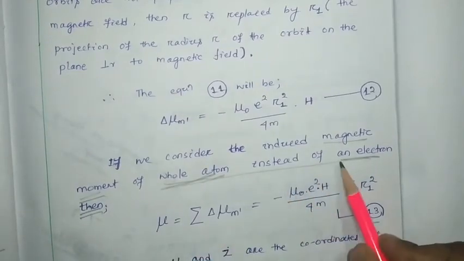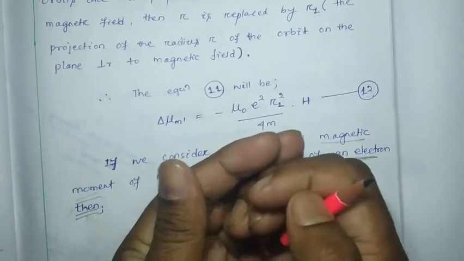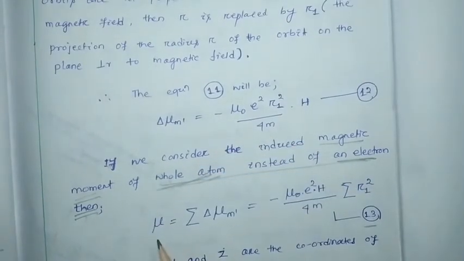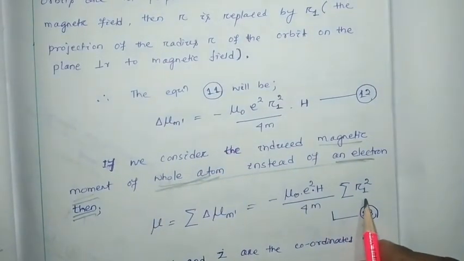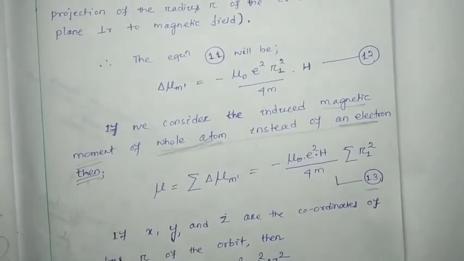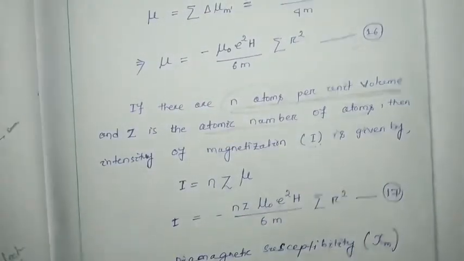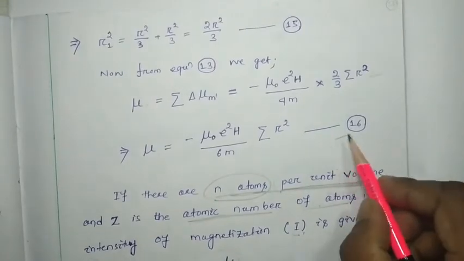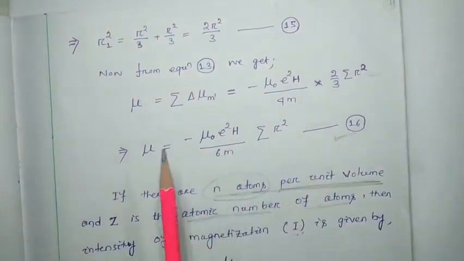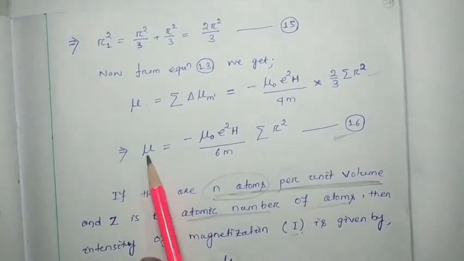If we consider the whole atom, then mu is nothing but this, and this is rectified by considering the magnetic field applied along the z axis, and at last we found this one. So this is the total magnetic moment of a single atom